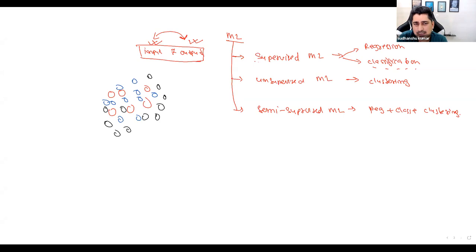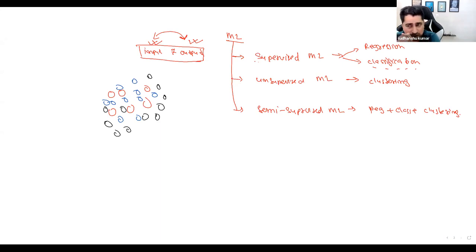So can I say that based on some common pattern, you can try to group it, right? So the red ones on one side, the blue ones, and then the black ones, maybe one group itself, you can try to form based on the shape. Depends, right? Different people will look into this data set from a different perspective, and they can try to